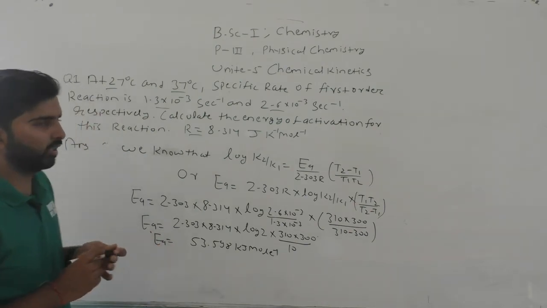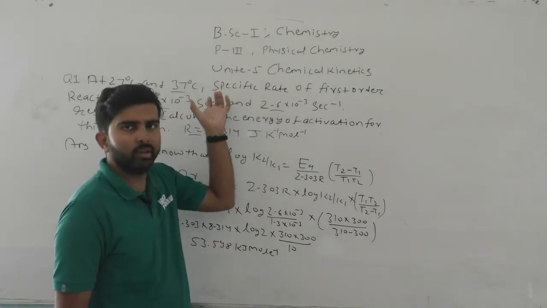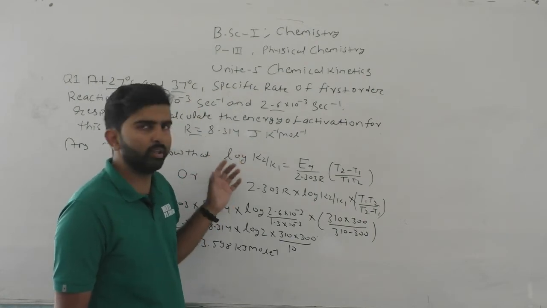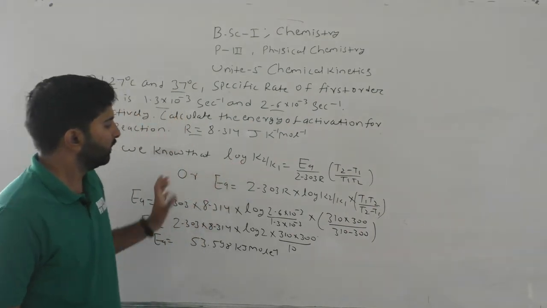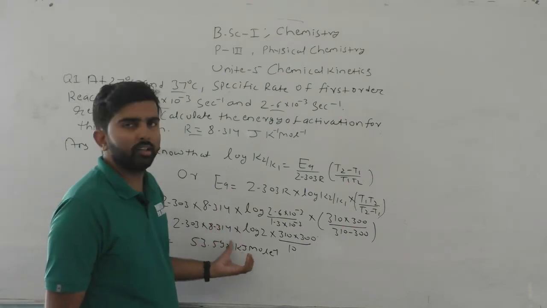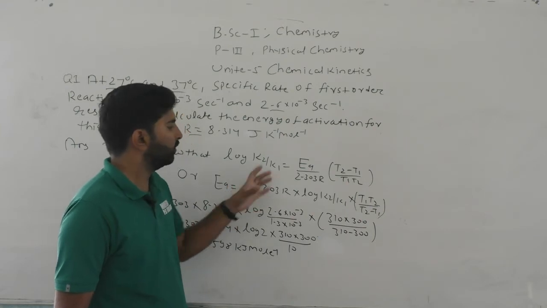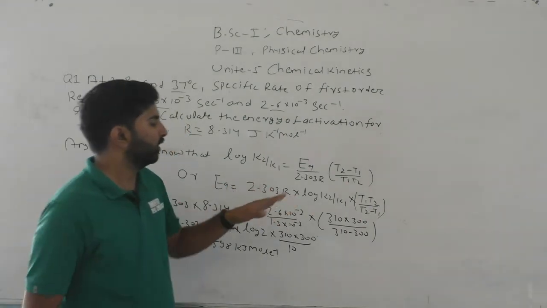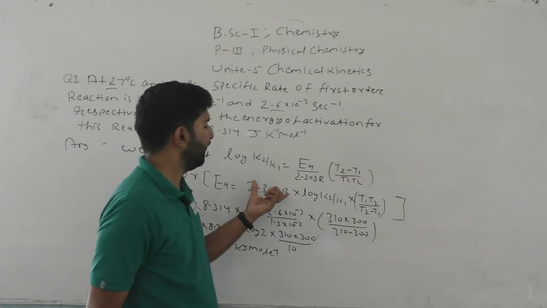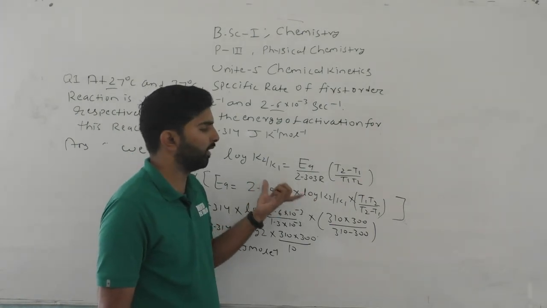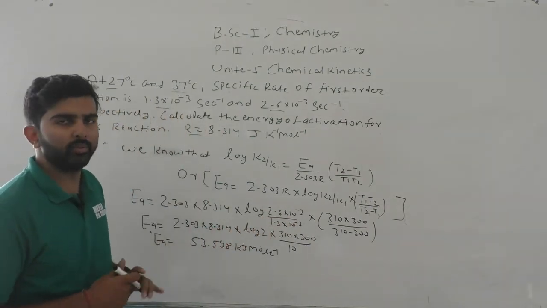So in this type of question, the given data are in terms of rate constants, the temperatures and the gas constant. So we have to put only these data into our equation. On solving this mathematical problem, we get the value of activation energy. In this question only EA is asked. So the value of EA is 2.303 multiply R multiply log K2 upon K1 multiply the temperature difference term. So this is the way to calculate the EA of a reaction.